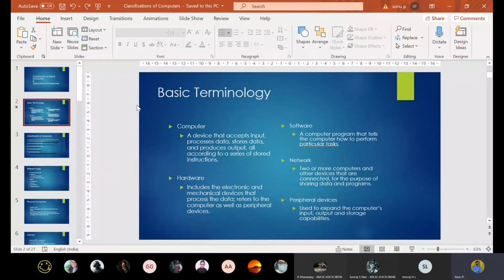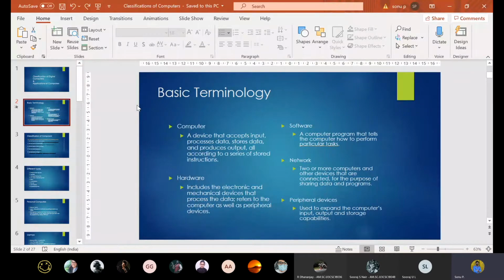Basically we have already covered the definitions and different aspects of computing. So quickly we are going through the definition one more time. What is a computer? It's a device that accepts input, processes data or stores data, and produces useful output for the users. All these things are performed by the computer with the instructions given by the user. That's the main thing a computer is. And a computer consists of hardware, software, etc. We already know.